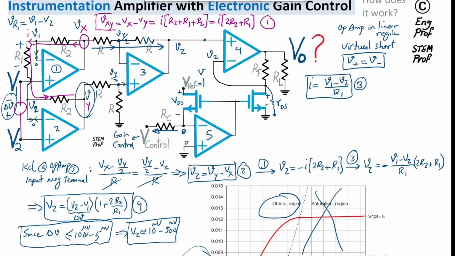RDS. And as you can see, if we can model the transistor as just a simple resistor between drain and source, this stage is basically just a non-inverting amplifier. We don't care about RL. The gain of this stage is defined simply by RF and RDS. And by the property of a non-inverting amplifier, if the VZ is here, VZ also appears here because of virtual short, and then the Vout as a function of VZ is just a voltage division between RF and RDS. So therefore I can say